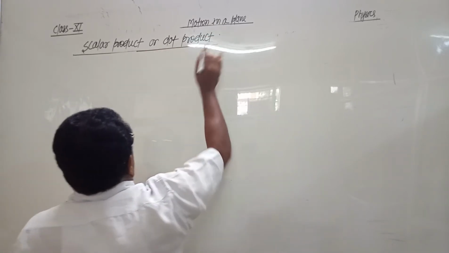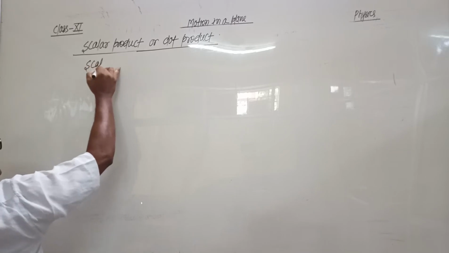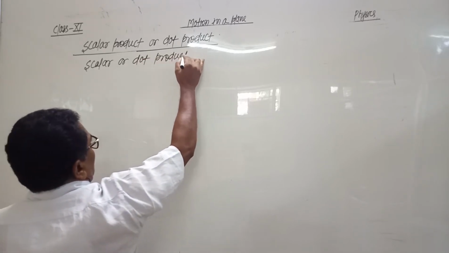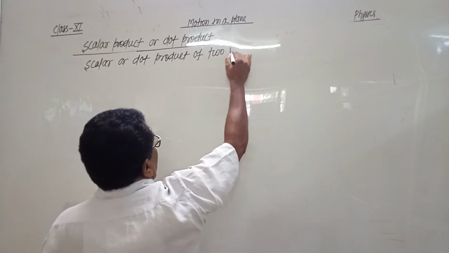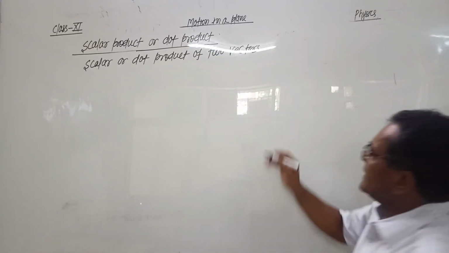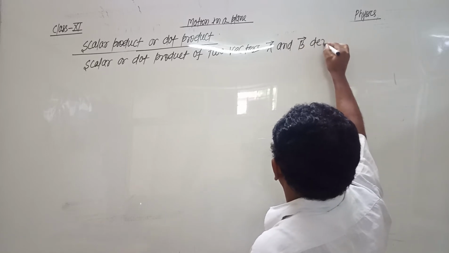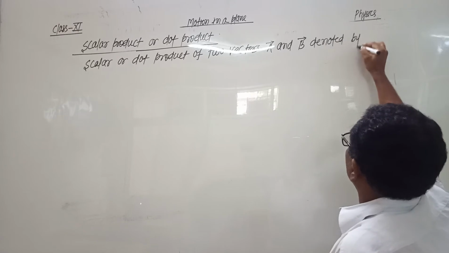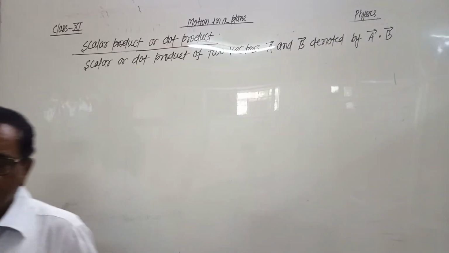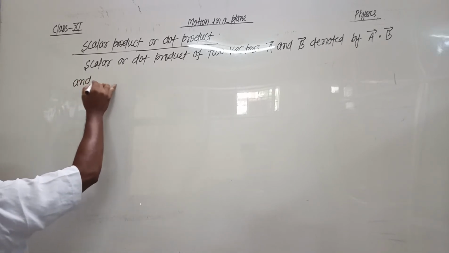So the definition: the scalar or dot product of two vectors, vector A and vector B, is denoted by A dot B, and is defined as